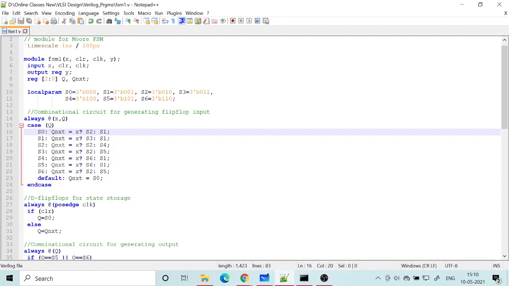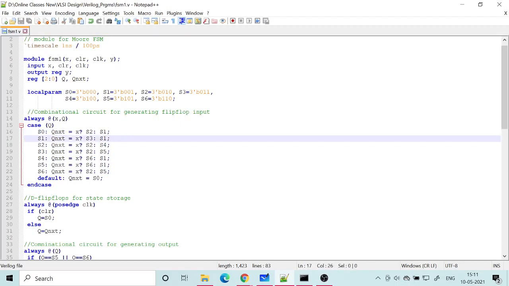But if X is 0, then it will take the next argument. You need to be clear about the order in which it operates. We are assigning the value of Q next, and it could be assigned either S1 or S2, but we check the value of X first.